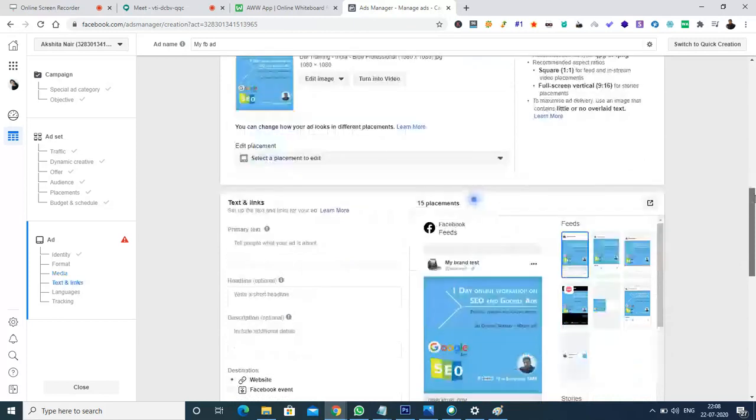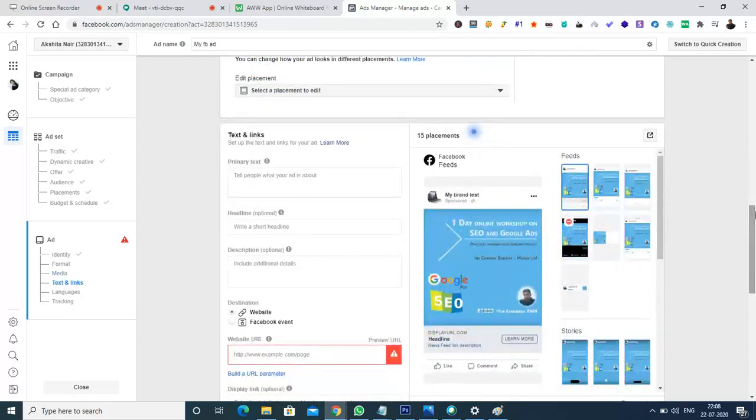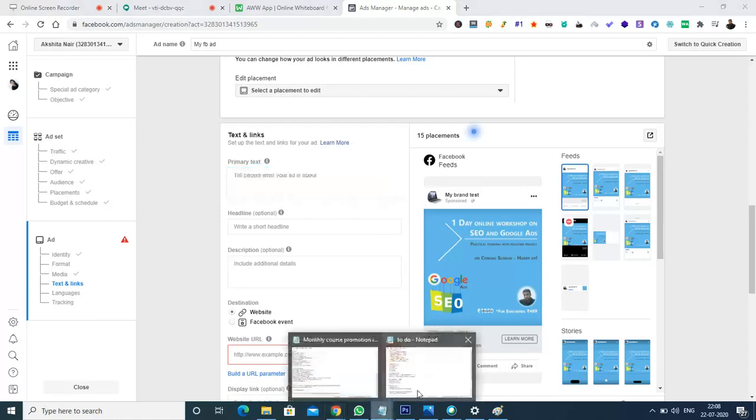And now after choosing this image, I have the options for entering the text, the headline, and the description. Whatever changes I make here will be shown in the right-hand side column. As I had already uploaded the image, it is available here, and right now I'm going to enter the primary text. For the example, I'm going to copy